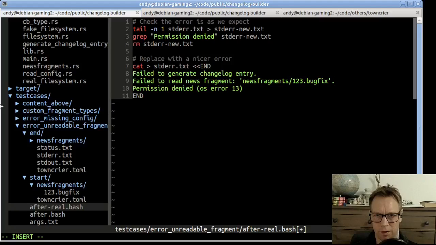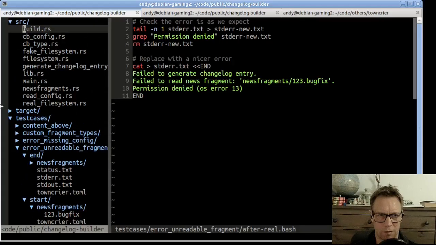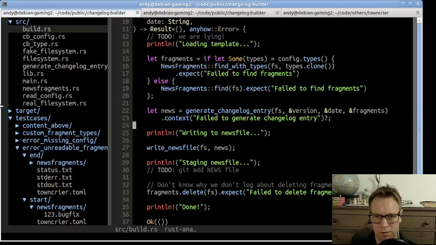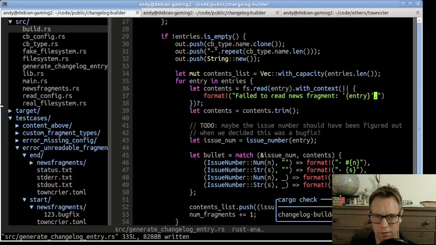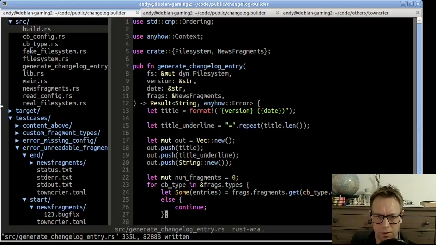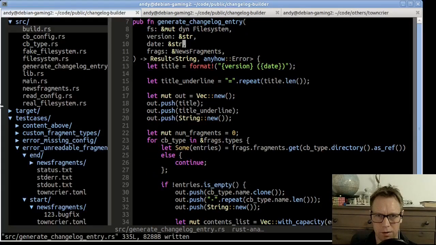I think all of these should have full stops where possible. So that means we need to change what we do here. Failed to generate changelog entry is correct. Failed to read news fragment entry is correct. Now we just need the path to come with us,